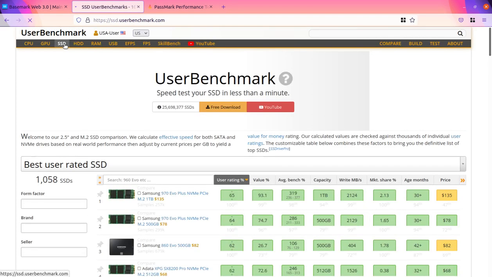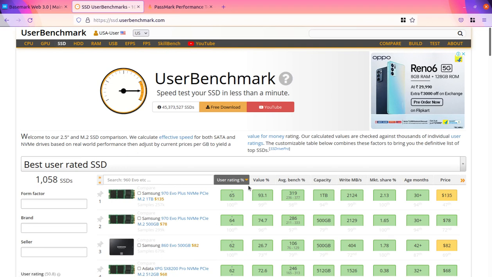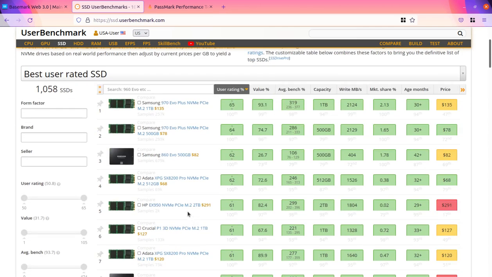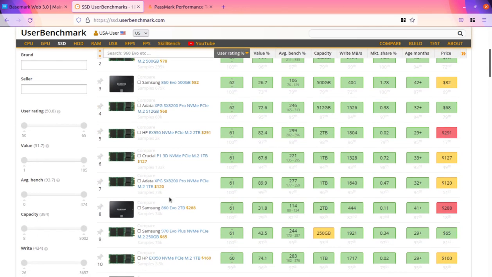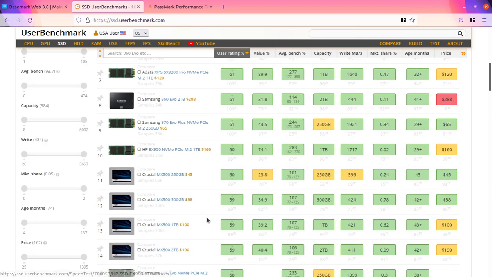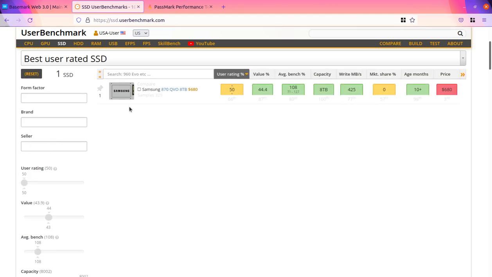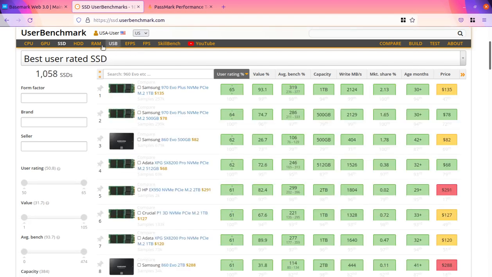Okay, again if we go for SSD, Samsung 970 Evo Plus NVMe PCIe is the best, and the rest of the SSDs have been compared here, and you can select the capacity, filtration and all such things. So you can use all these features, and I don't recommend HDD in this era of new development. So you can check the RAM as well.